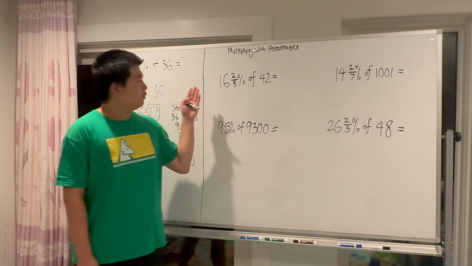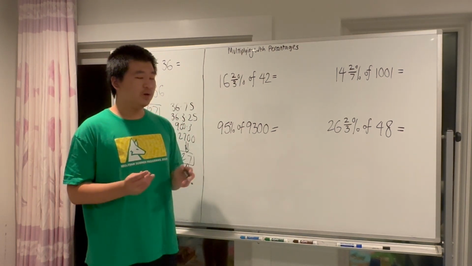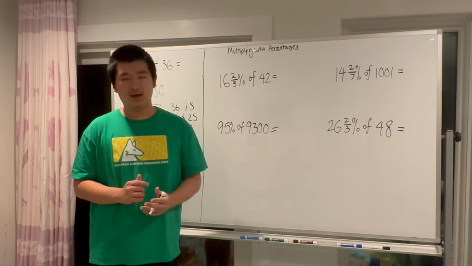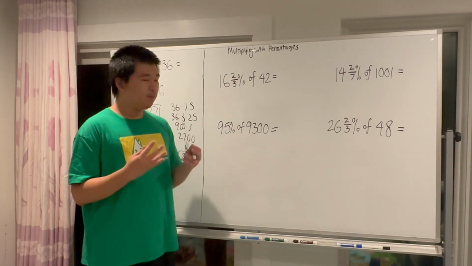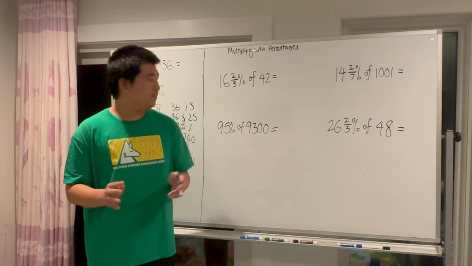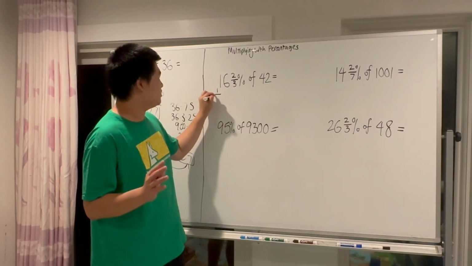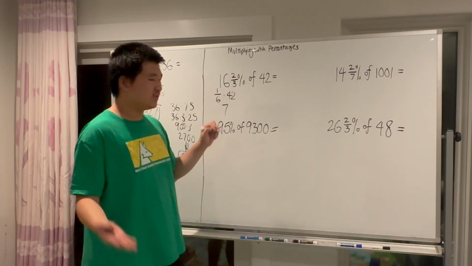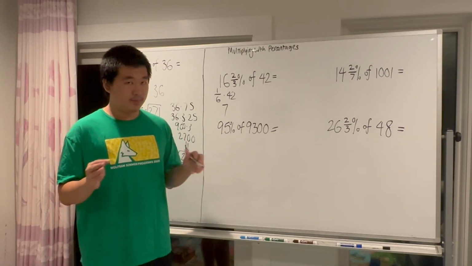Now, with this question, 16 2/3%, once again, we have two ways. But this time, the first way gets a little bit harder, and so does the second way, because this is not immediately recognizable to people who haven't done a lot of math before. With more experience, you begin to recognize more and more things in number sense, and this is a really big thing. 16 2/3%, that's actually just 1/6. So if you had a lot of experience, if you recognize this as 1/6, it's just 1/6 times 42, obviously that's 7. But if you can't recognize this immediately, there's nothing wrong with that, because of course we can just